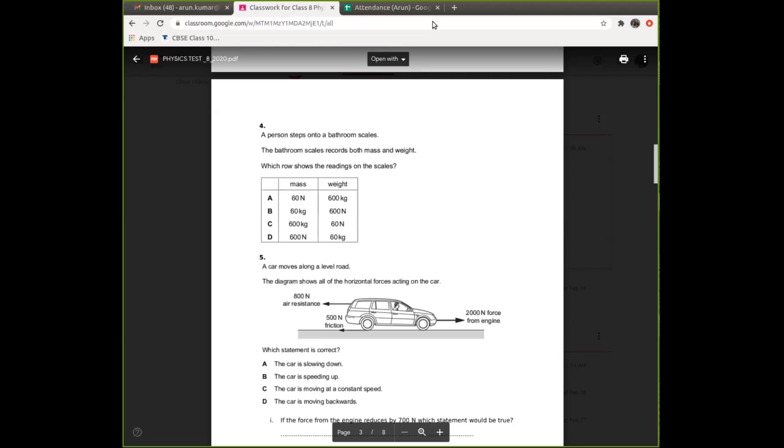So then you can use your logic to figure out which is correct out of these two, 600 kilograms to 600 newtons or 600 kilograms to 60 newtons. And now the answer may be staring at you in the face. A person cannot be 600 kilograms in mass and be 60 newtons in weight on earth, which is what we are usually talking about. So then the option becomes clear. But even if you did not know at this point of time and you just did an inky pinky ponky and selected one, you still have a 50% chance of getting the answer right,